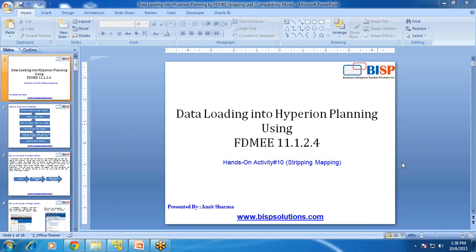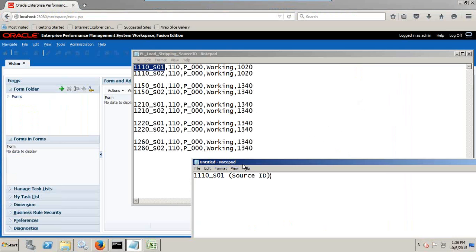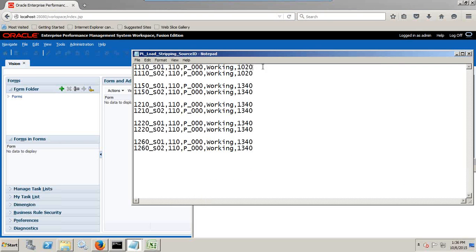My name is Amit and in today's activity number 10, I'm going to show you how to perform a stripping mapping. The best way of learning is to look at the requirement directly and start understanding it. So in my requirement, this is my source file, the data source file, which I'm going to load into my planning application. Now if you look carefully,